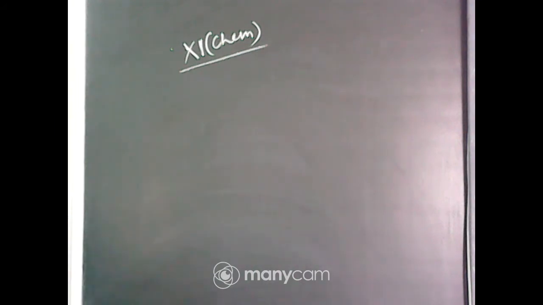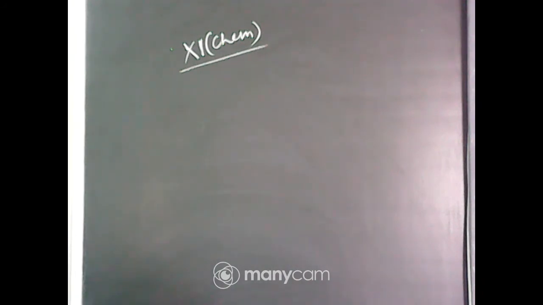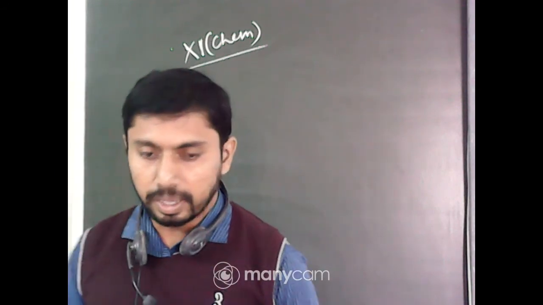So, first question: from the P block elements, the element which exists in liquid state for a wide range of temperature and can be used for measuring high temperature is: boron, aluminium, gallium, indium. Here gallium has such properties, so option C is the correct one, that is gallium.